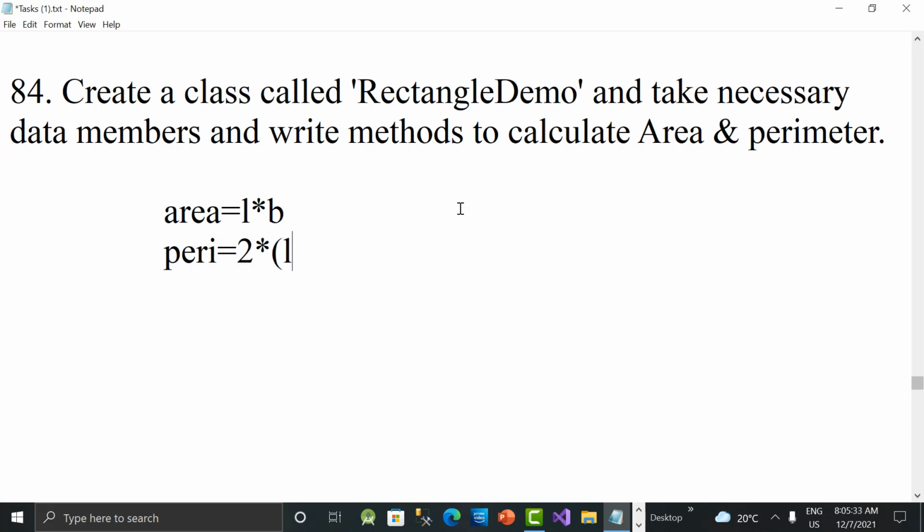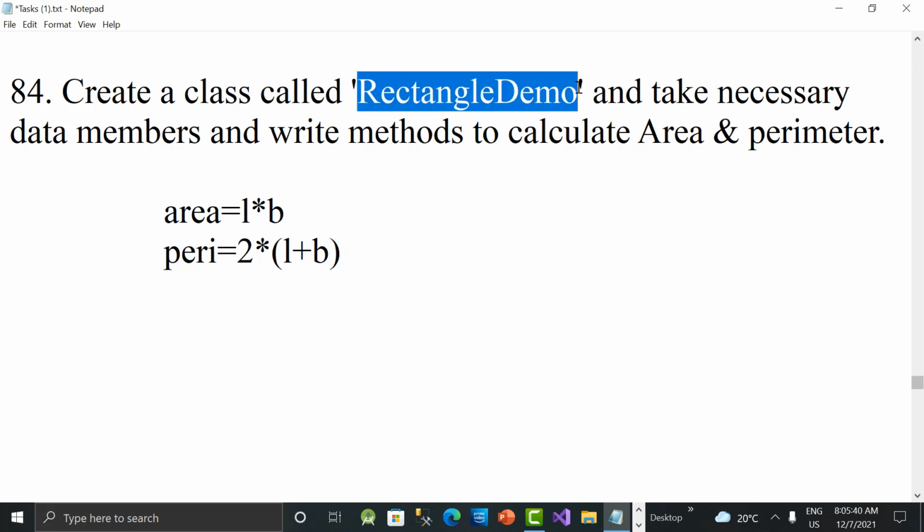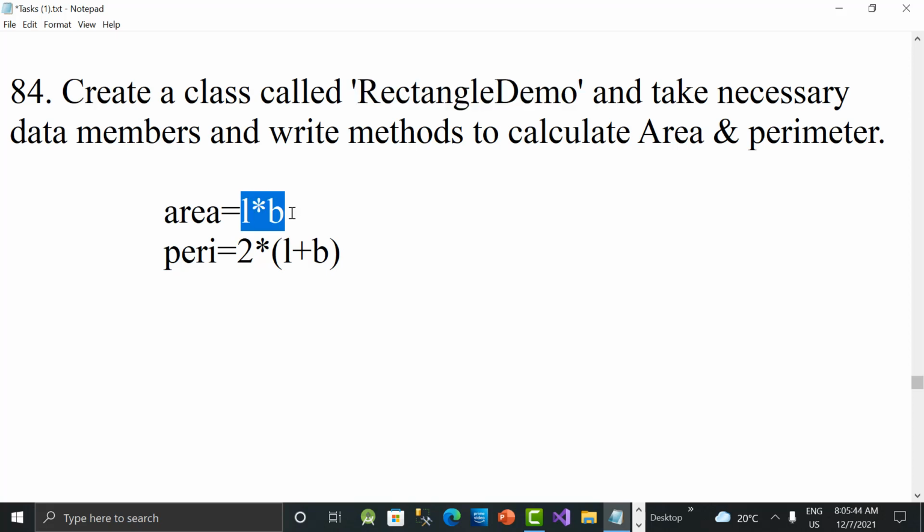So how can we do this with the help of object oriented programming methodology? We create a class first, and then take the necessary data members like length and breadth, and then area and perimeter. Okay, so let's get started, guys. We are going to switch to this